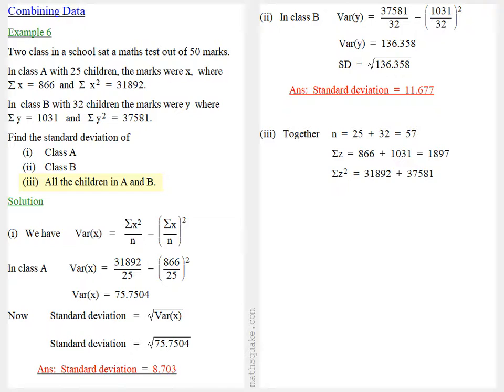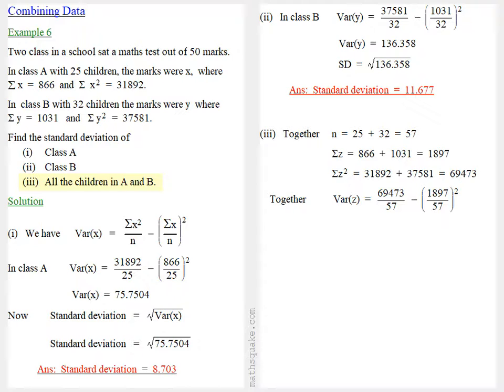That's 31,892 plus 37,581, which is 69,473. So if we substitute that into the formula for the variance, together we get the variance is equal to